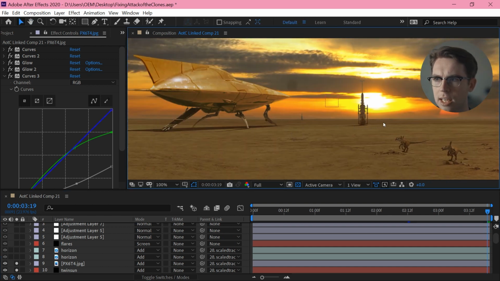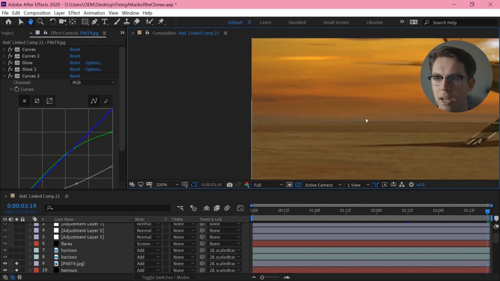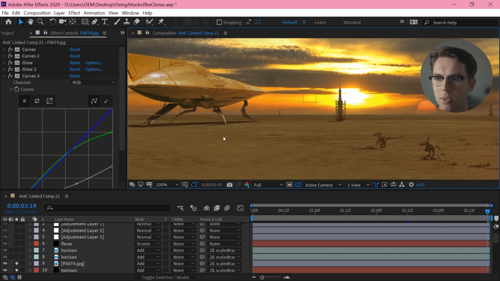Now, the horizon line is obviously black, but I want it to be a dusty, sunsetty glow.